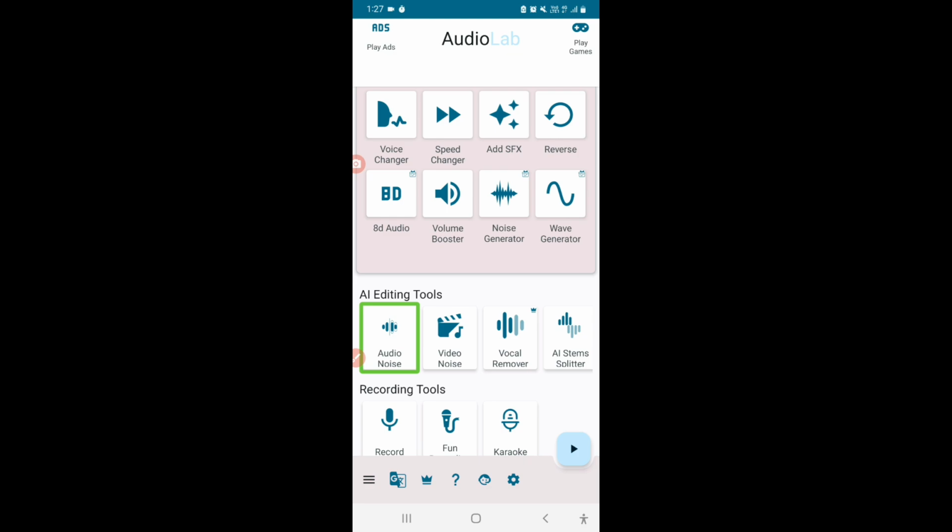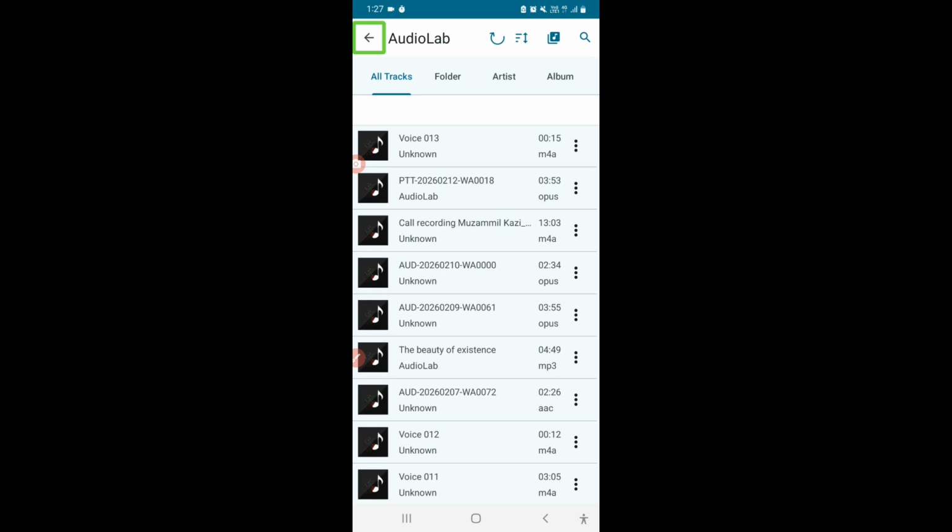So here I have an audio where I have recorded an audio with my fan on, and there is like a bit of noise. Like there's not much noise to show for, but there is a little noise. So here I'll simply select the audio.